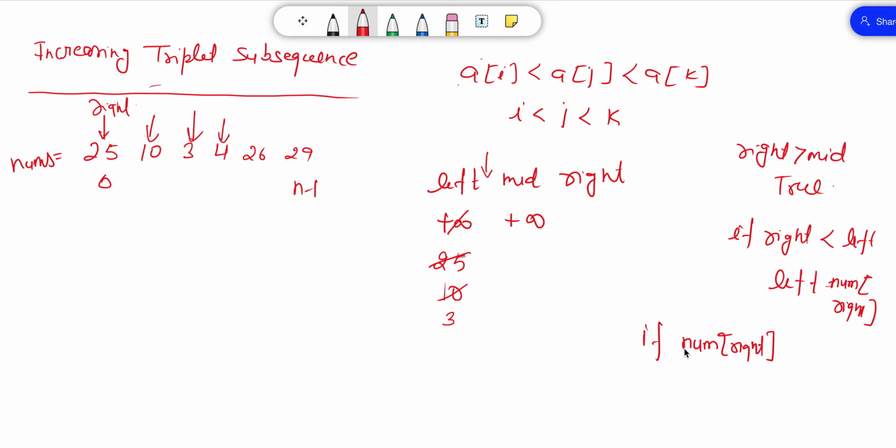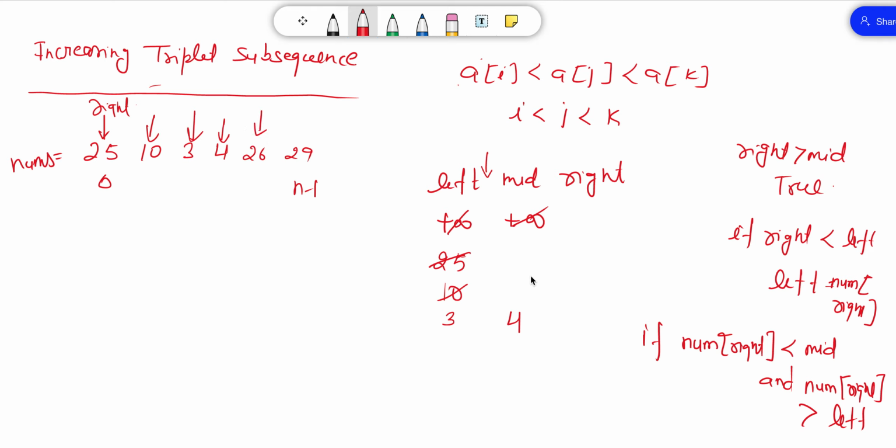If nums of right is less than mid and nums of right is greater than left, we assign the right value to mid. So we can say that mid is equal to 4.